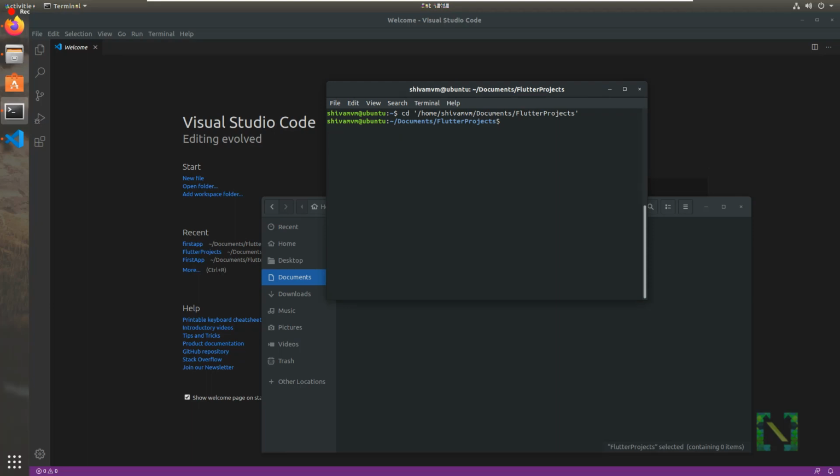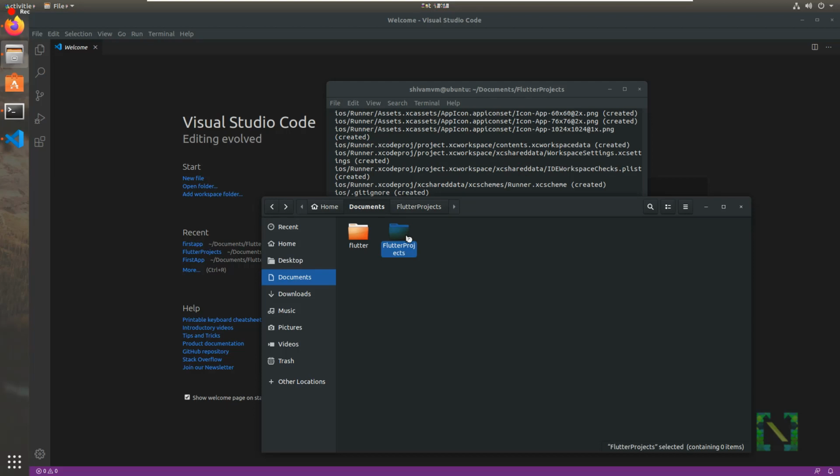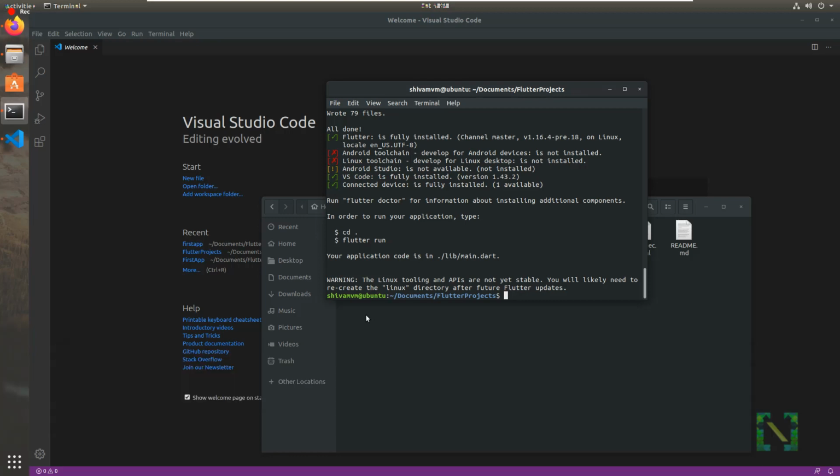Go to your project directory and type flutter create to create a new project. So some error is showing regarding Android toolchain. You have to install this extra tool also and then try to create a project again.